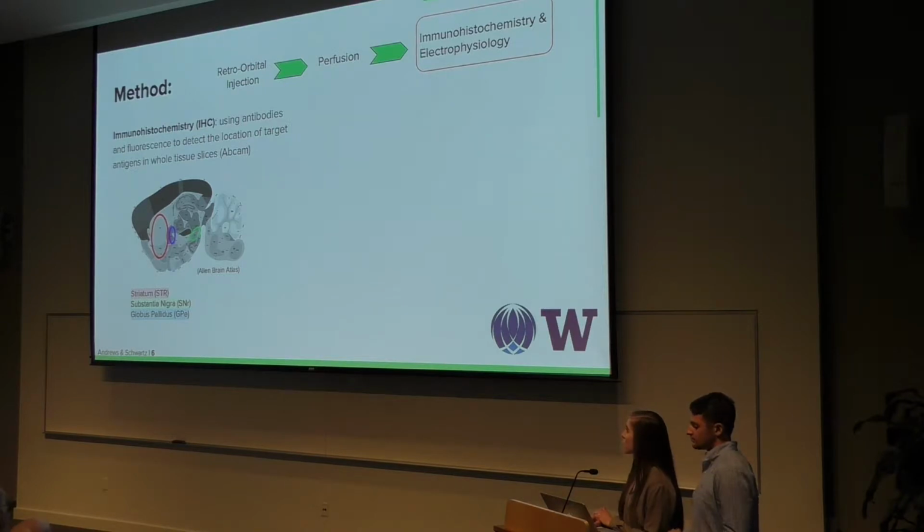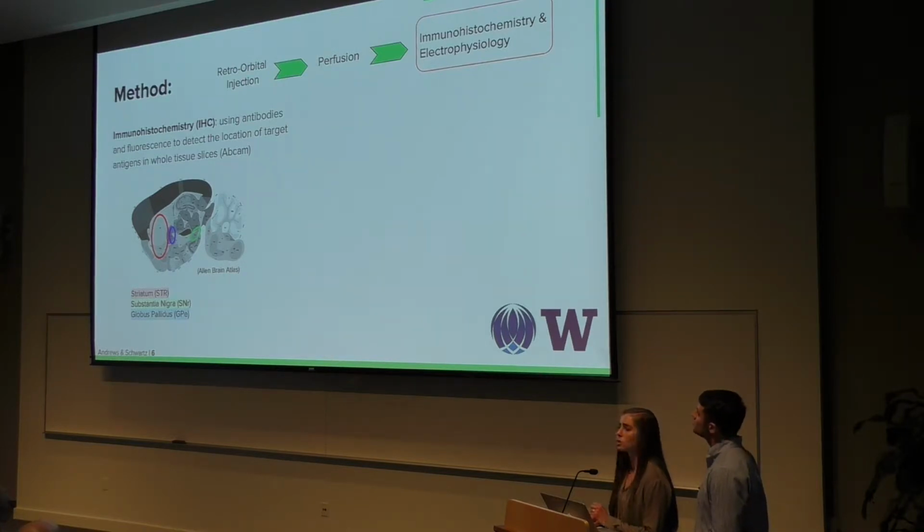Then we picked out our favorite slices and we applied a few different antibodies to them. DARPP-32 was an antibody that bound to all D1 and D2 medium spiny neurons so that we had something to compare the viral signal to. Then we applied anti-GFP, which enhanced the viral signal. After applying the secondary antibodies, we looked at the tissue under fluorescence and were able to compare and see any